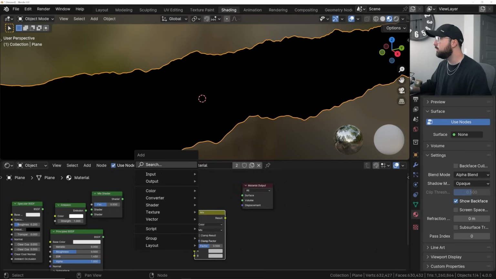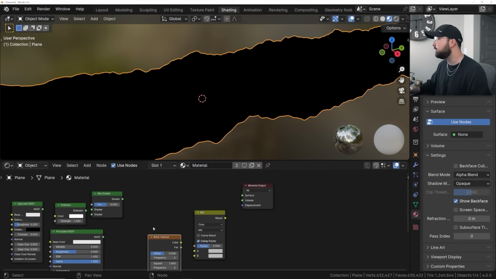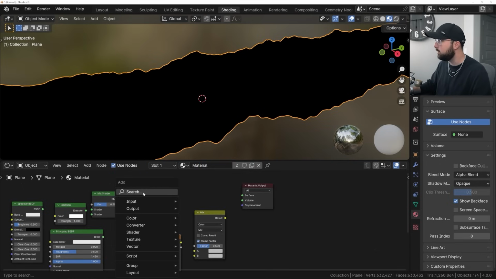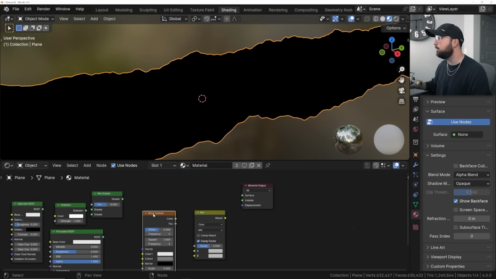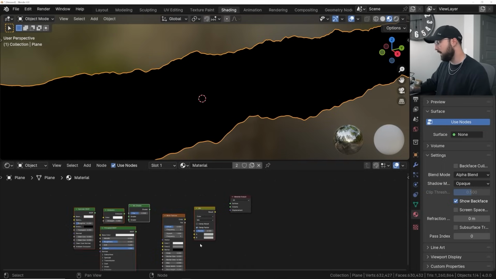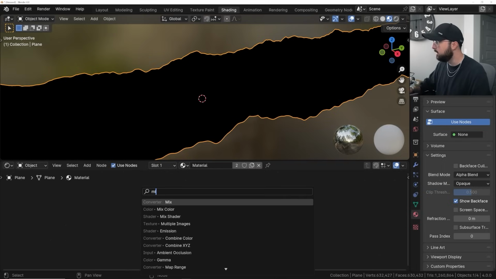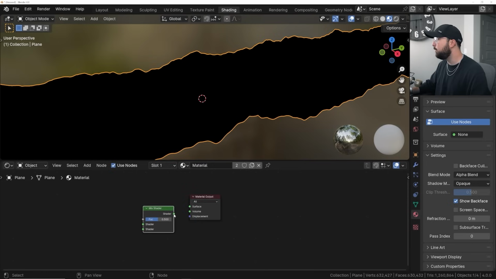Mix color is when you're mixing textures. So you have brick texture and noise texture and Voronoi and all of this stuff. When you are playing with those, you will use a mix color. You can't interchange these. So that is why we're going to use a mix shader, because we're mixing 2 shaders here. So let's get him, and we're going to get a